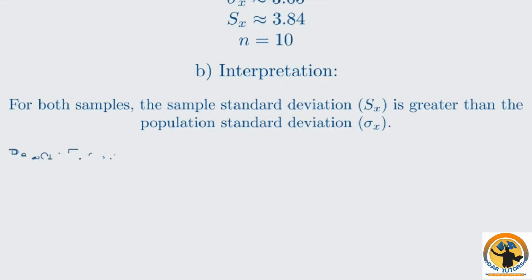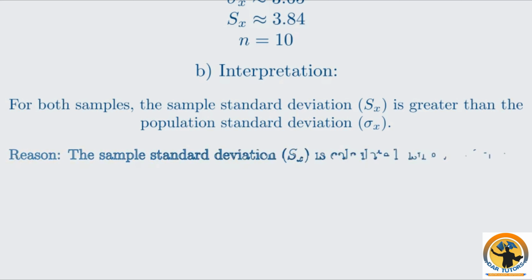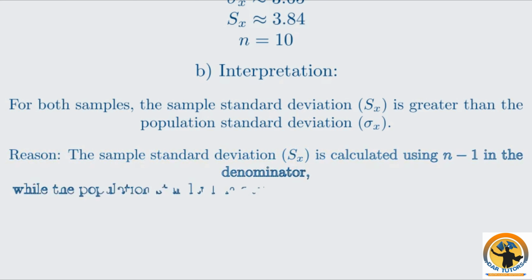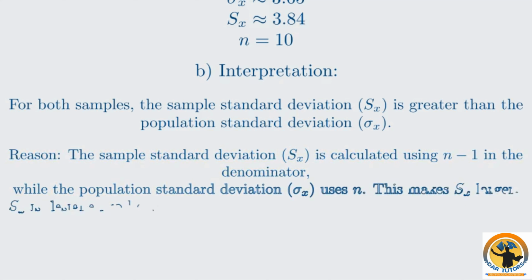This difference arises because of the denominators in the formulae. The population formula uses n, while the sample formula uses n minus 1, a smaller denominator. This makes sx larger. The reason for this, as we discussed, is that the sample standard deviation is designed to